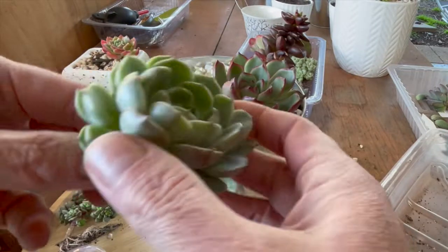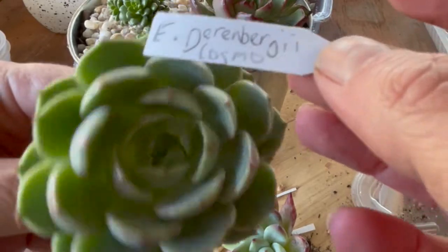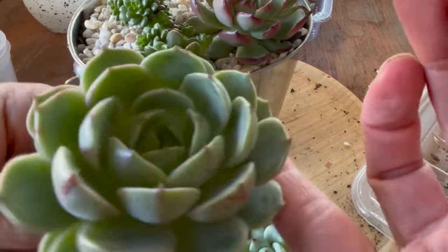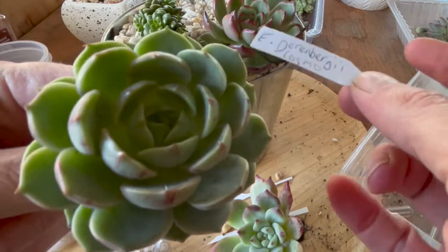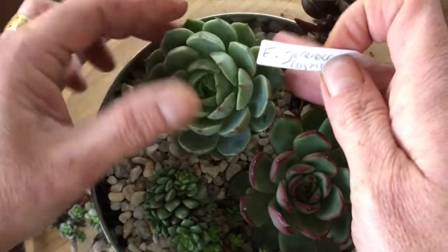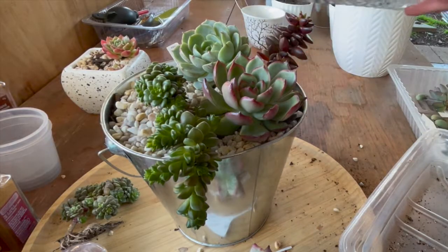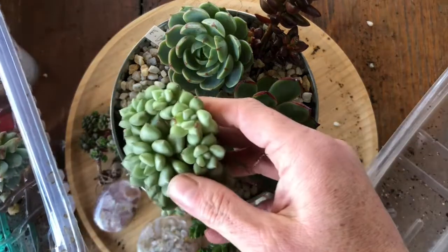This is the Darrenbergii Cosmos, which turns out it's probably a Bennebadis. It's just another name for it. But I shall refer to it as a Cosmo, since that's what it came to me as being called. Why not? So that's an option. I think this J.C. Van Keppel could look really good there,